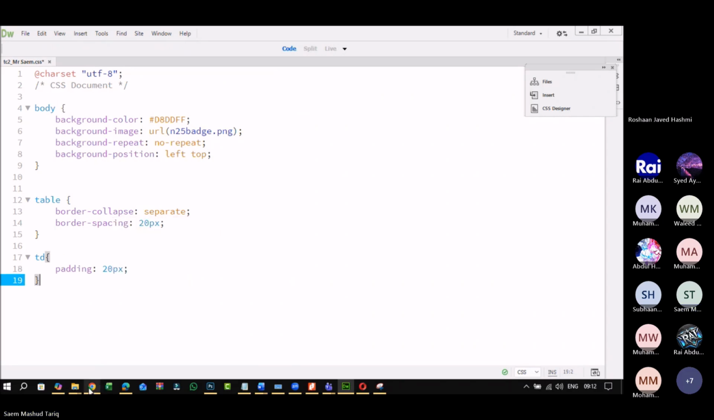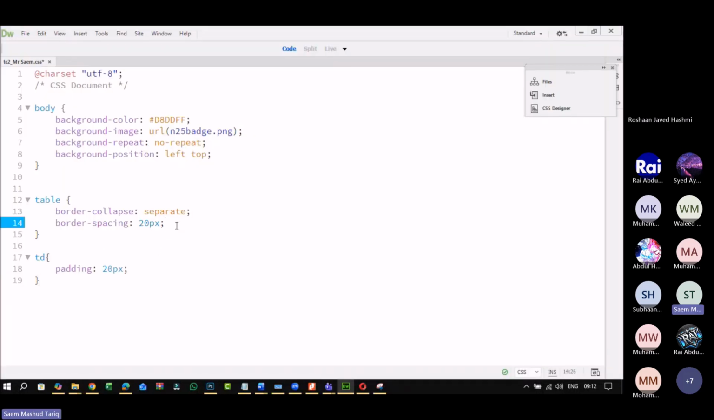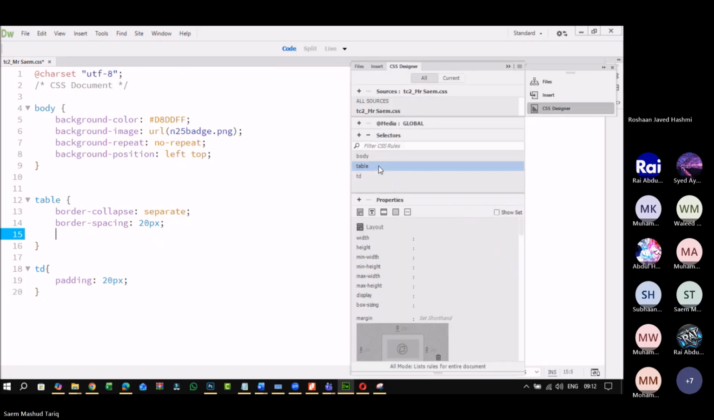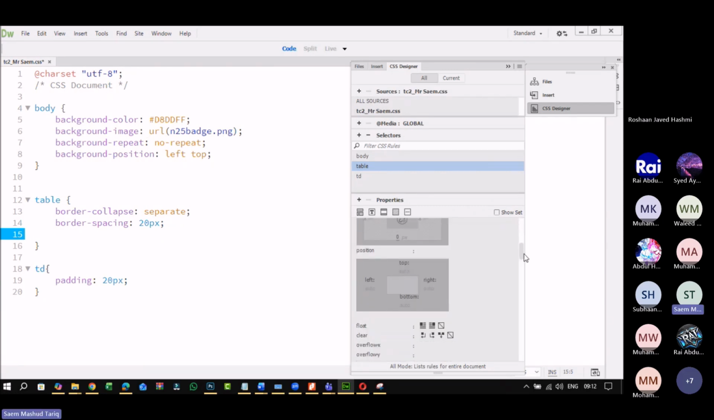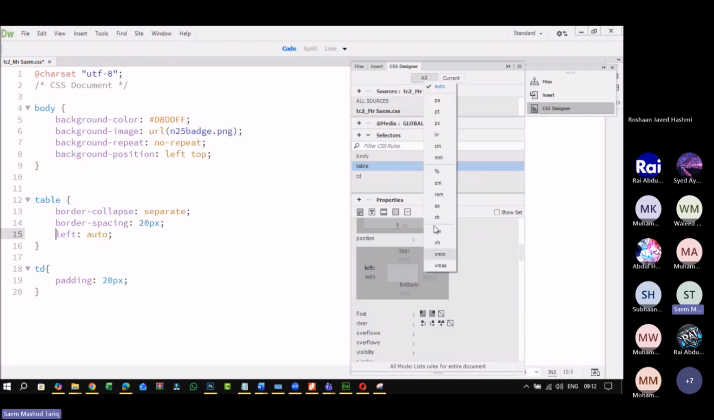Is it done? Anything else left? All borders are right aligned. Very important. How do we do that? Listen carefully. The table is right aligned in the browser window. So if we want to right align this table, what will we do? For right align, I will position this. I will simply make this auto, and for right align I will set this